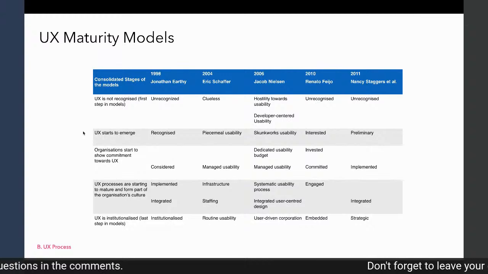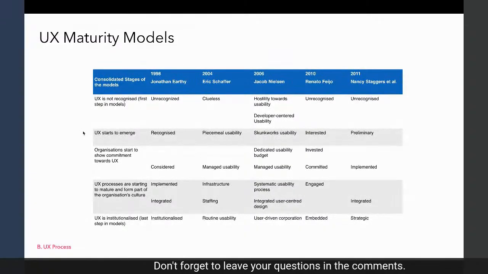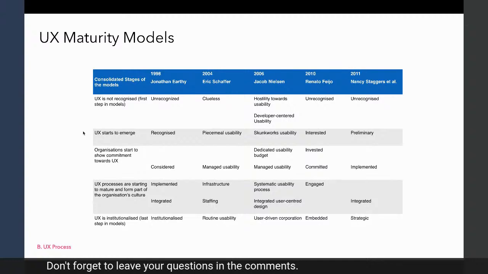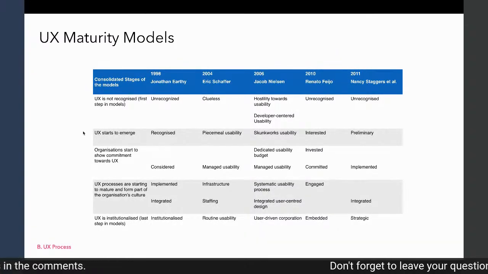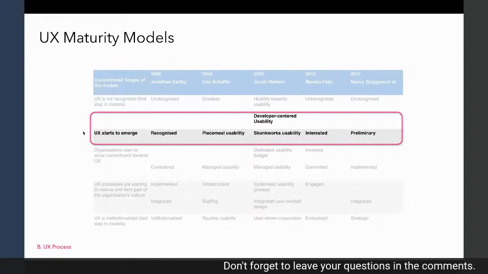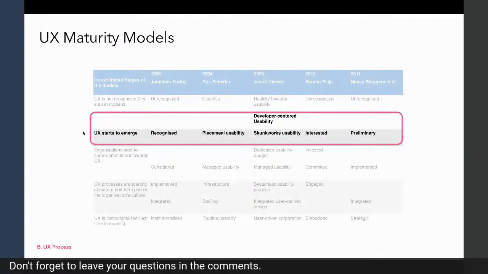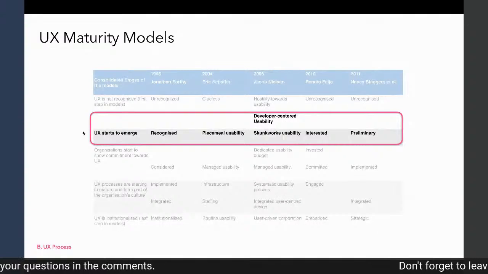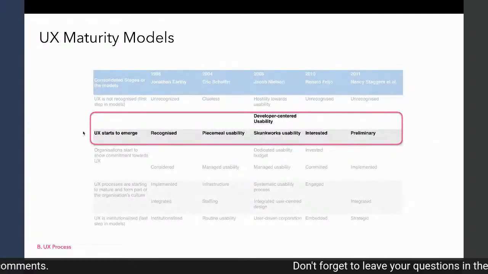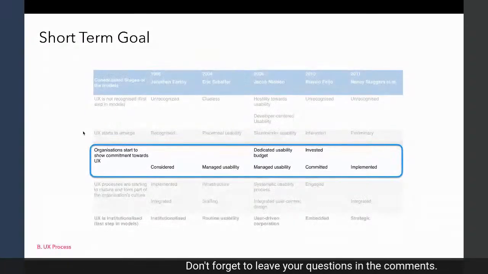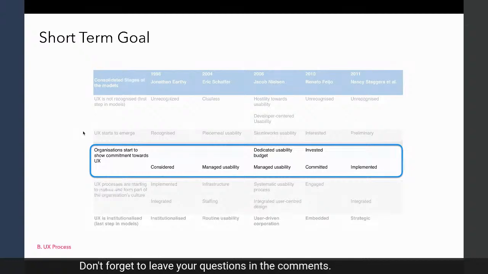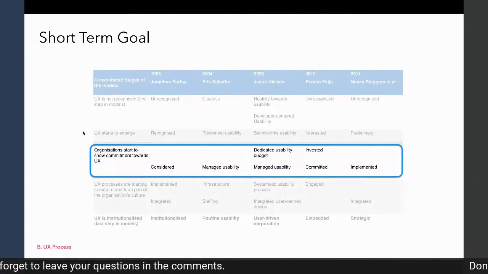It's done routinely. It's supported by the CEO, by the managers, and everybody is doing it. So that's the goal, the ideal scenario. If, for example, you're still here, what you want to do is go from there to there, just go to the next level.